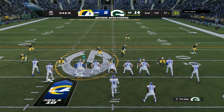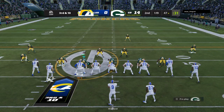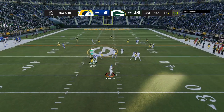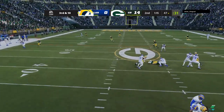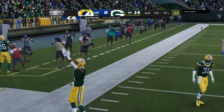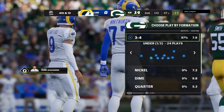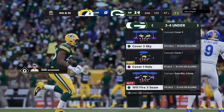3rd and 10, they had the big play to start the drive, but 2 incompletions since. Back to throw, Stafford. And the throw there going to be incomplete. More problems here on third down. They've converted only once so far in this first half. And you know as well as I do, in this league, if you don't win on third down, it makes it hard to win a ball game